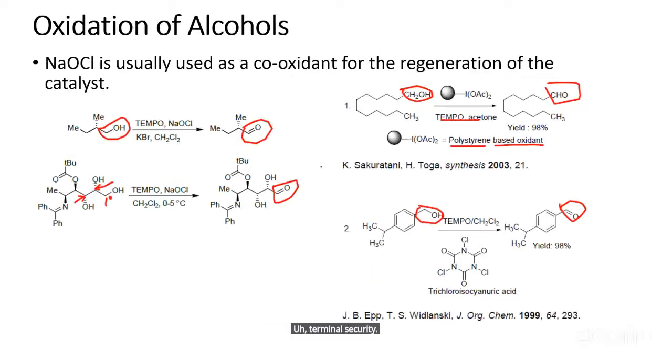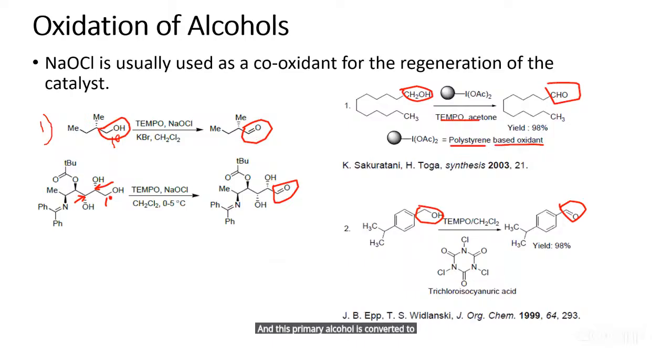This TEMPO is used for selective oxidations. And when we are performing this, sometimes NaOCl, sodium hypochlorite, is used as a co-oxidant. This co-oxidant reagent, used as a catalyst, gives good conversion to the respective aldehydes and ketones. Now look at the first reaction. In the first reaction, a simple single primary alcohol is present, and this primary alcohol is converted